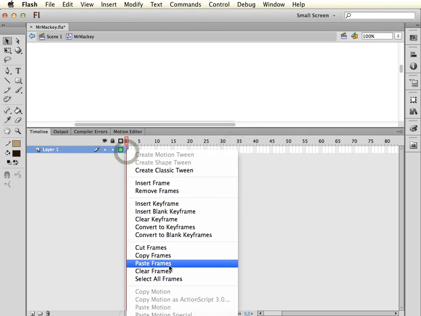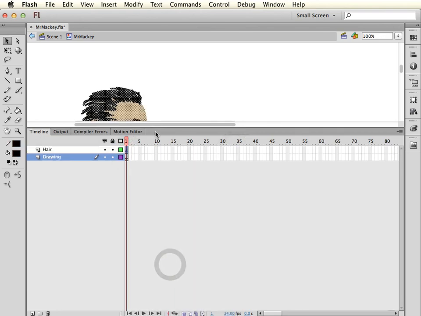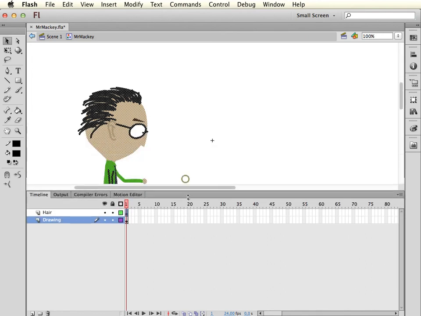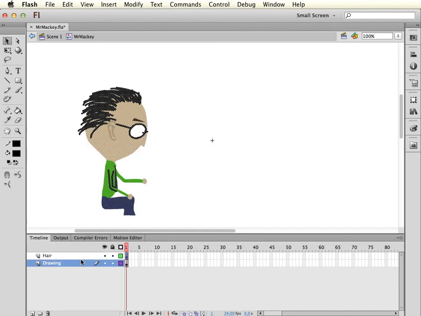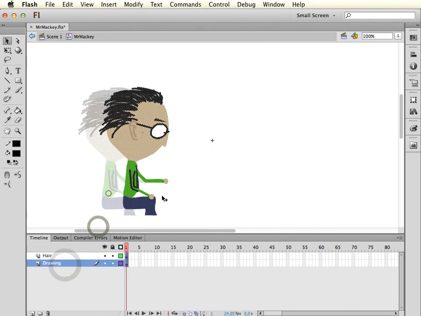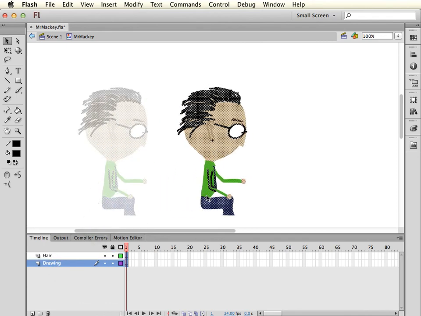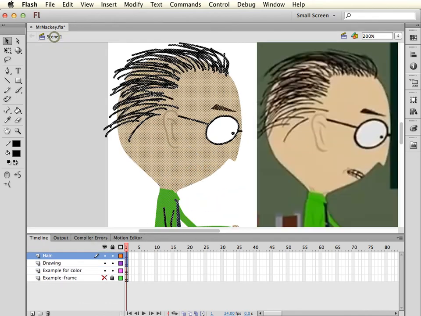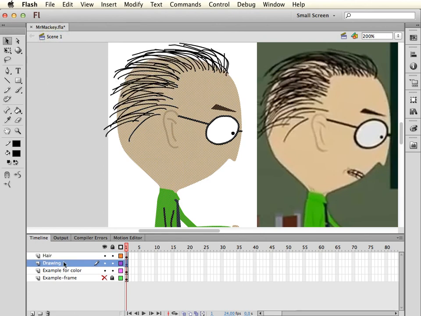right click, paste frames. You see that Flash has added an extra layer, and now I have both keyframes the same way as I did on the stage. I'm going to select everything and put it in the middle. It's not that important, but now I can remove these layers